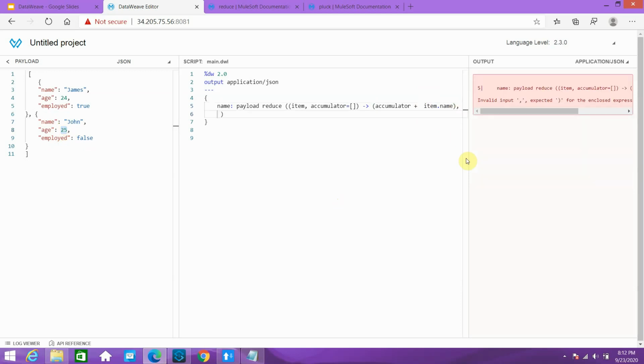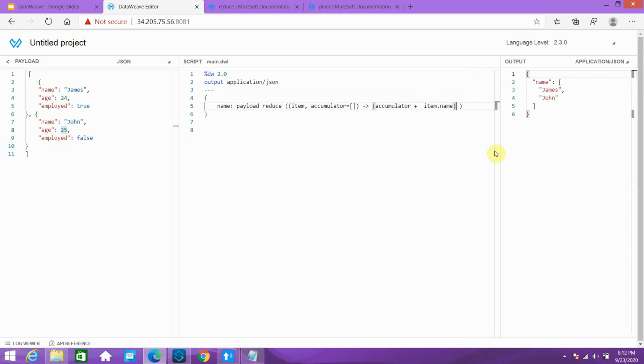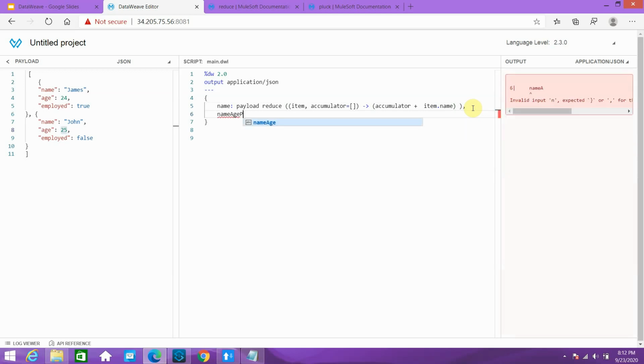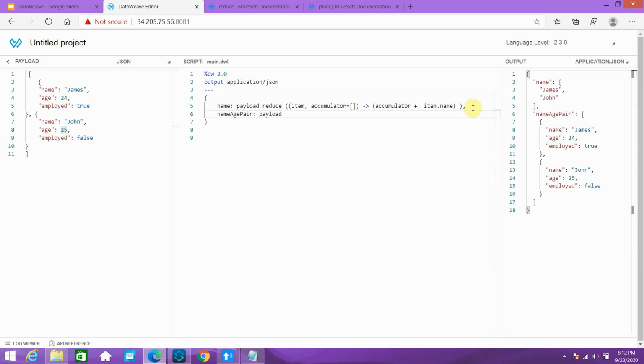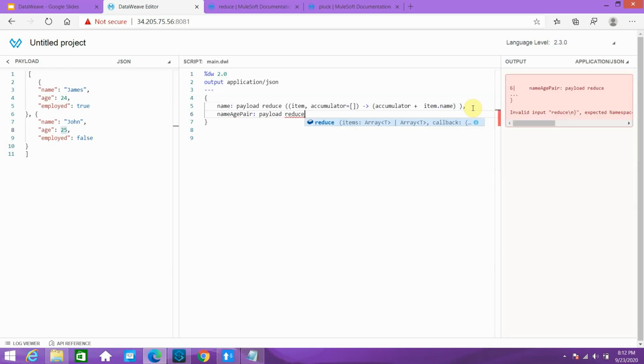So now I can say payload reduce. Okay, item and accumulator will automatically come. I can initialize with empty curly brackets, like an empty object.